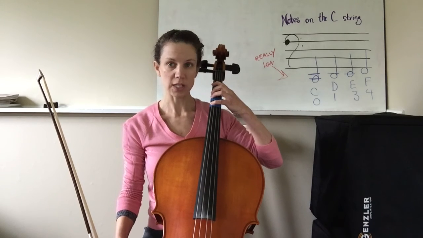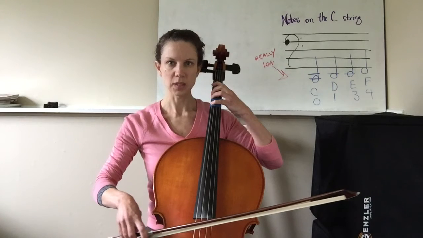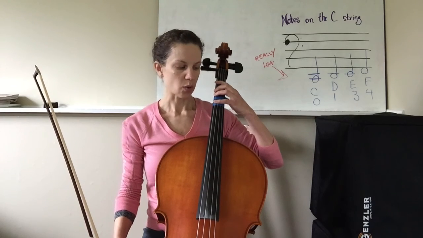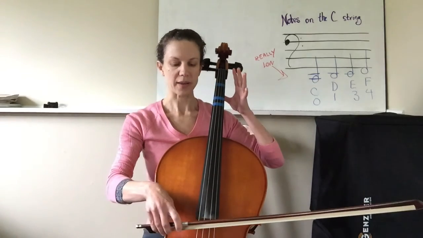And our final note on the C string in first position is F. This is 4 fingers down on the C string. And when we look at F on the music staff, you can see it sits right underneath. So, just to hear those notes right in order, we have C,